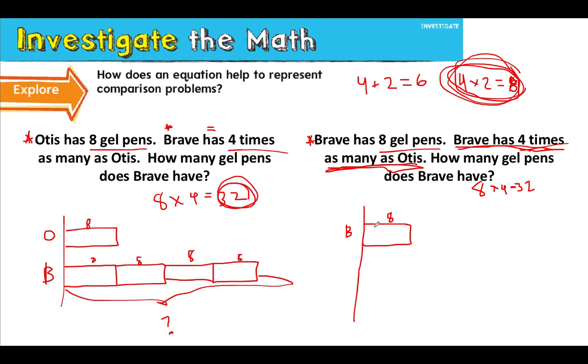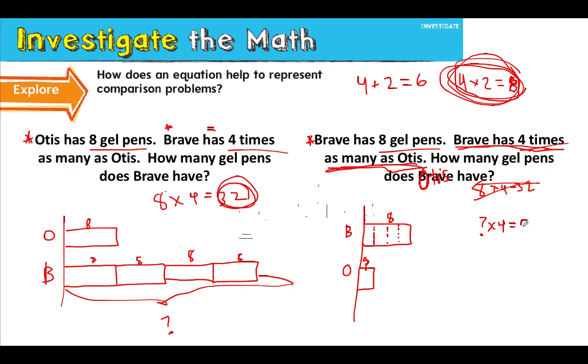So inside of Brave, you have to think of this. It's 4 times something. Do you get what I'm saying? Oops, this should say Otis. How many gel pens does Otis have? So I'm looking for Otis, and Otis has less, right? Brave is the most. That's a question mark. So now, I'm not wanting 8 times 4 equals 32. I'm wanting something else. Times 4